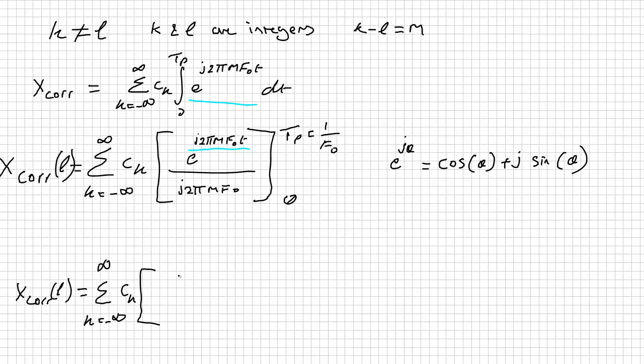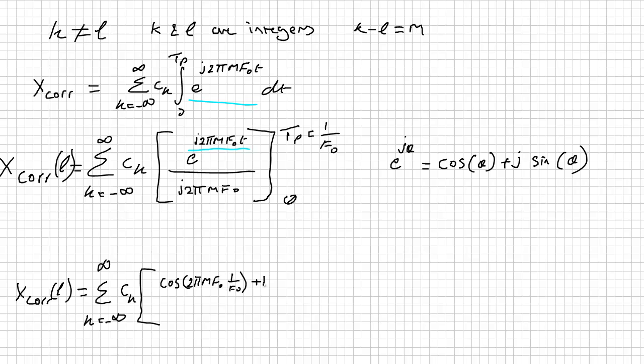The reason why I want to use cos and sines here is because we're learning, and it'll be clear as to what's happening if we write it in that form. So we have cos, and that something is 2 pi m f naught. Now we're taking the limits, so t is going to be replaced by 1 over f naught,